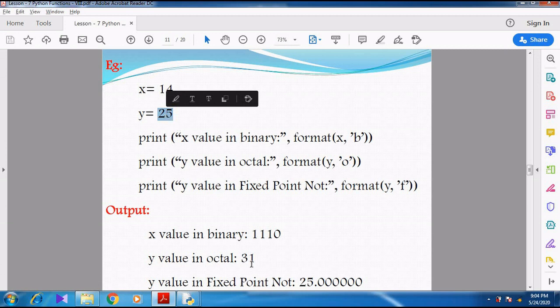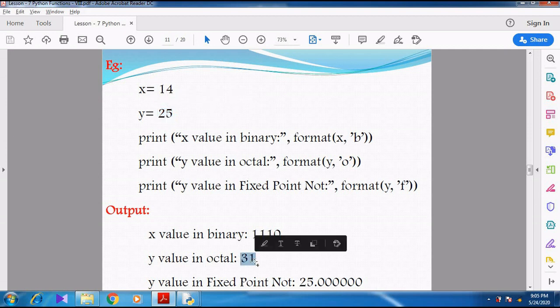So 3, and the balance is 1. So when I go with 25, its equivalent octal number is 31. You remember the 11th standard conversion formats. Whenever we want to convert a decimal number to octal, divide by 8, the long division method. So 3 8s are 24, balance 1. So 31.